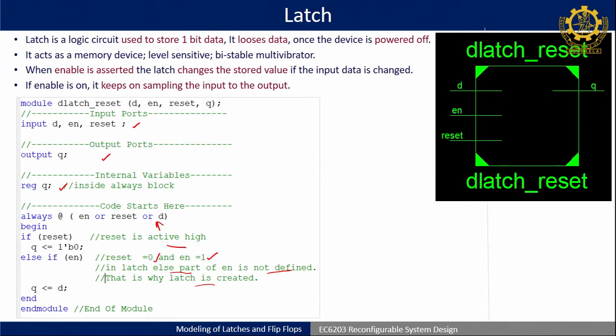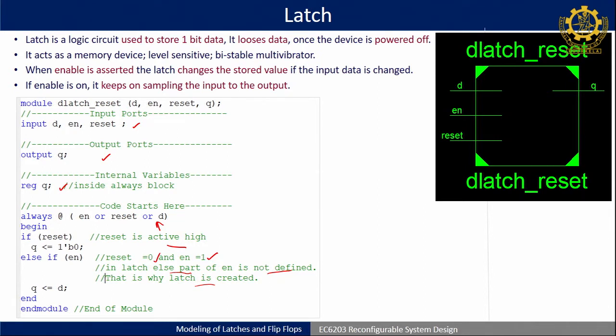Okay. Similarly, this also happens in case structure. If all the possible combinations are not being assigned with a value, then latches are created. Okay. So, before going to flip flop, it depends why you require a latch. Mostly latches are being avoided in FPGA design. If it is not dedicatedly required that your design should have a latch, then we generally try to avoid latches. Okay. There is a problem with latches called inferring of latches.